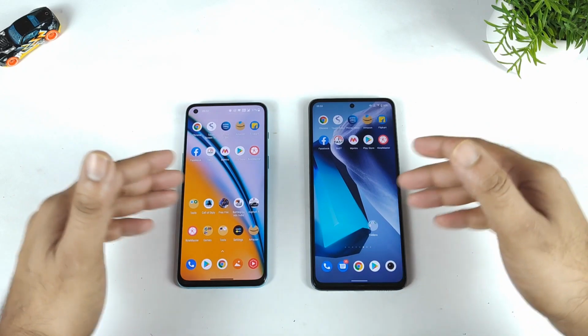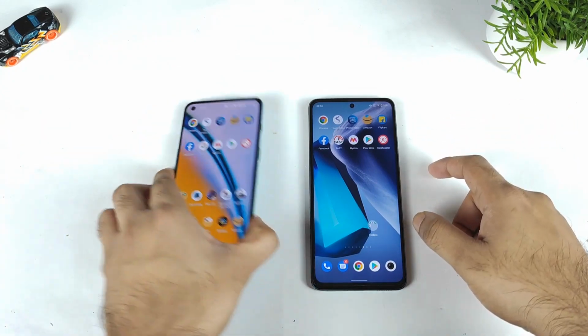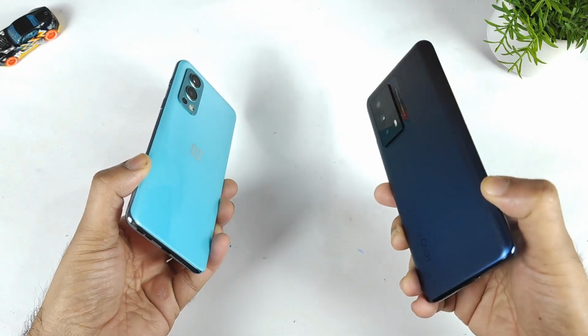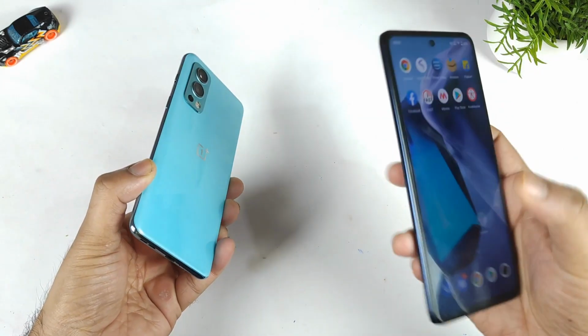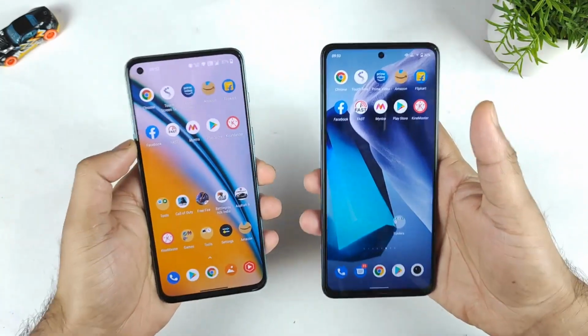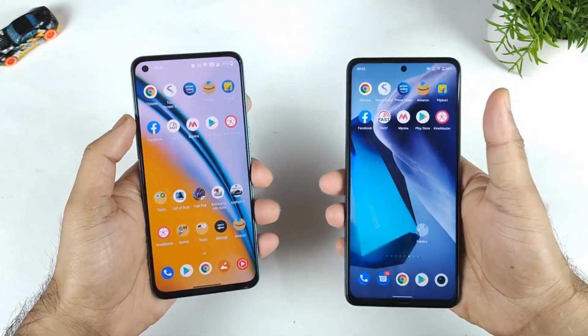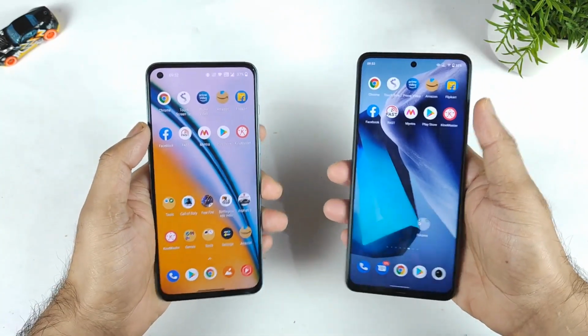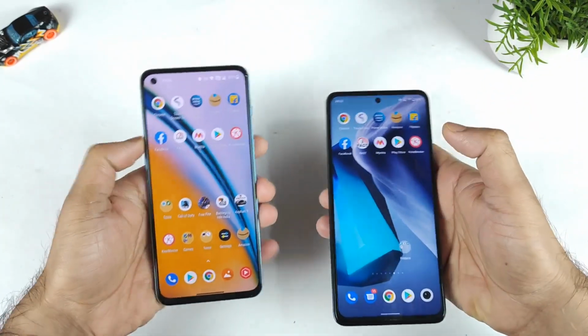In this video, I'm going to compare the speed test and RAM management test between the OnePlus Nord 2 versus iQOO Z5. The iQOO Z5 has the Snapdragon 778G processor and the OnePlus Nord 2 has the Dimensity 1200 chipset. And this video is all about RAM management. So not about the speed test but RAM management, because we should mainly focus on the RAM management when you're trying to deal with this kind of 10 applications.